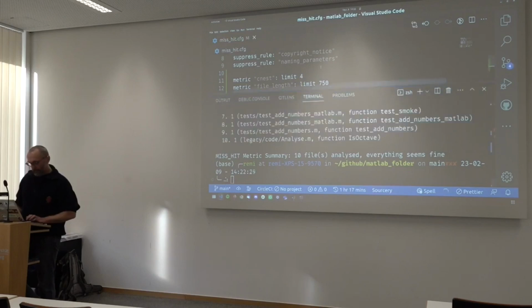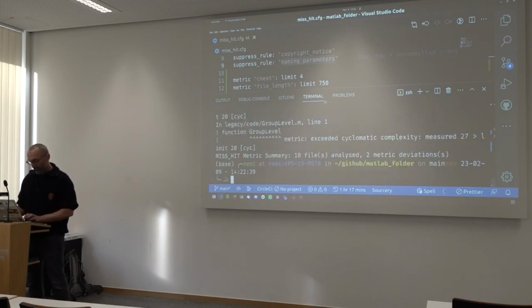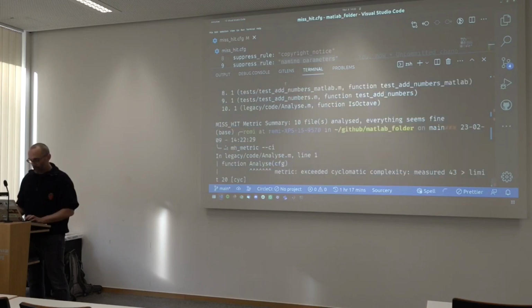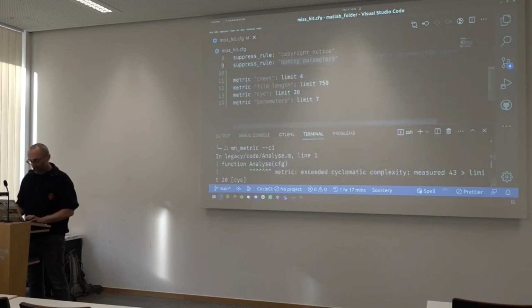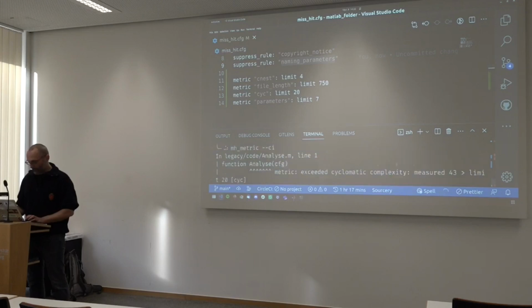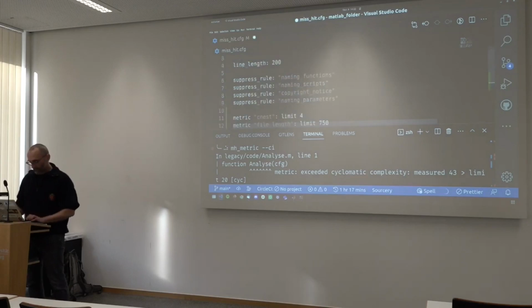And the way you have mishit warn you about this is that instead of just running mh metric like this, you add the CI flag and it will tell you, hey, you have files that are too complex. So at the moment we don't want mishit to complain, so we're going to do the little trick we had before, which is to set the cyclomatic complexity to 44.